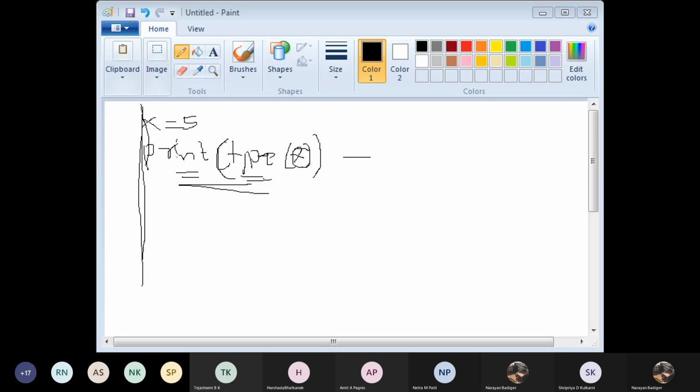Now with respect to data types, it's clear. We just studied the main classification, right? Similarly, Python has its own built-in data types. Now what are those built-in data types?